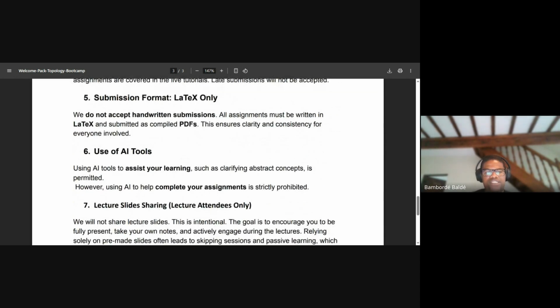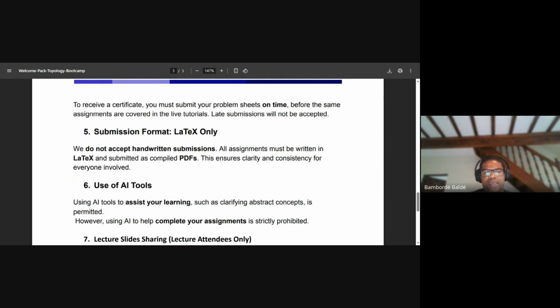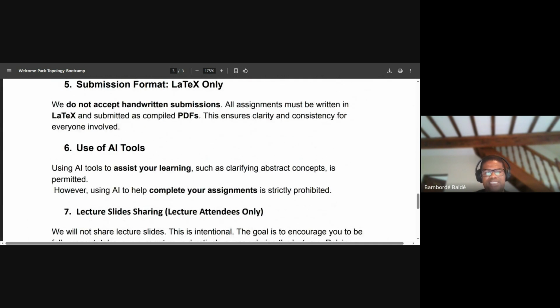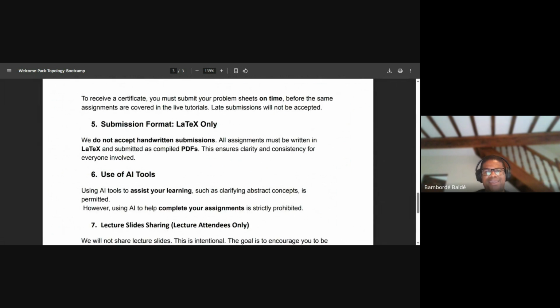The other thing is the use of AI. This is in particular something that we experienced in recent courses, where in people's submissions, one can easily see that they are using AI. This is not the point. What we recommend is the use of AI in terms of learning, like clarification to help you study, for example, clarify some abstract concept. In fact, we have an AI tool we put together called the Abstract Mathematics GPT.